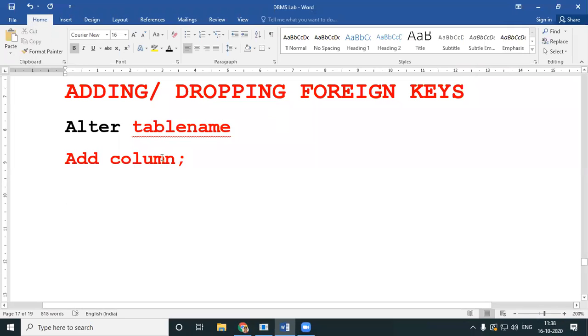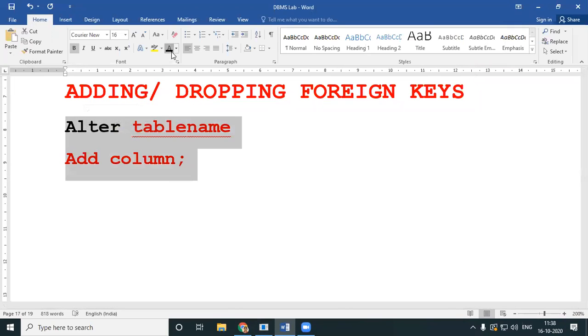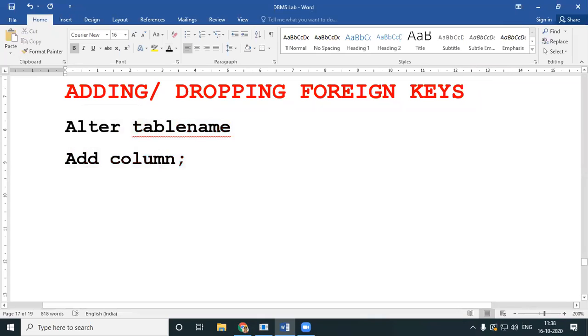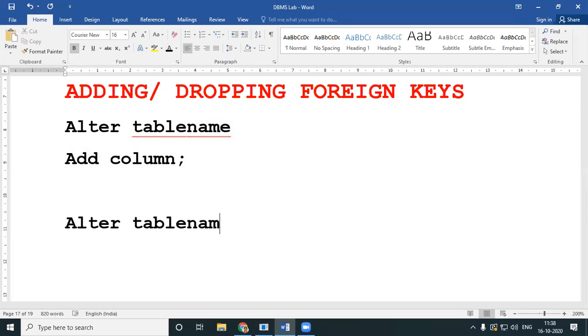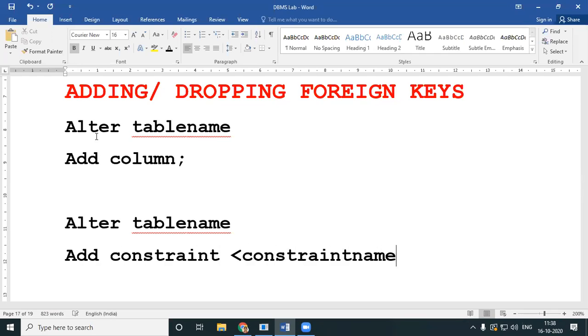First what you've got to do is add a new column, and after that, alter table name, add constraint. Hope you remember what a constraint is. Give any constraint name, foreign key in brackets,